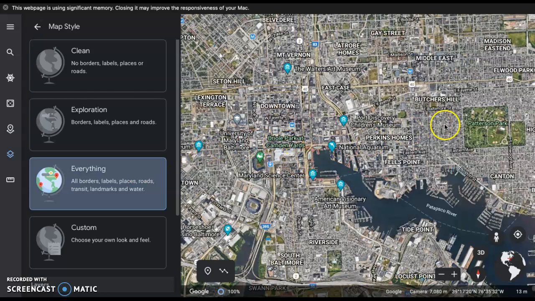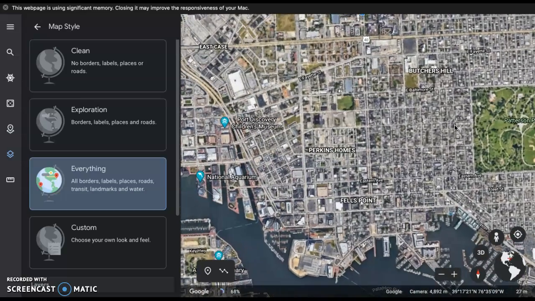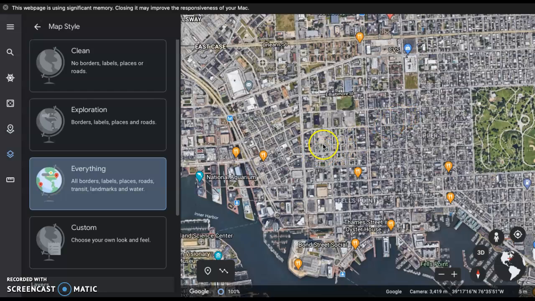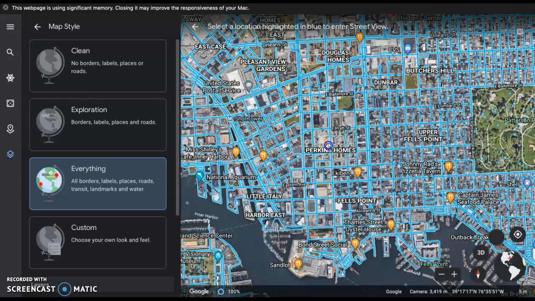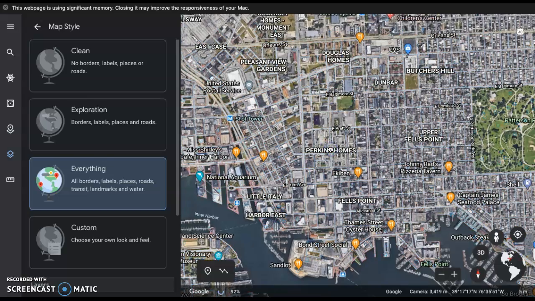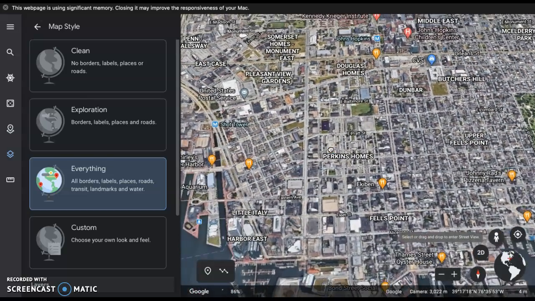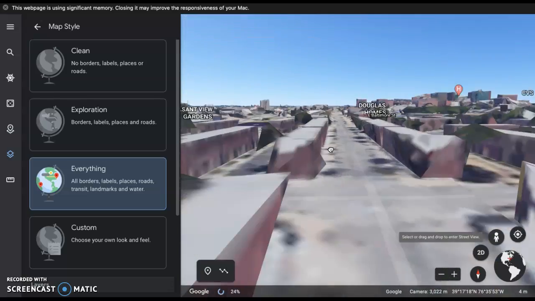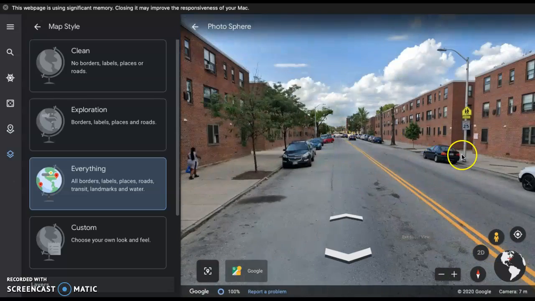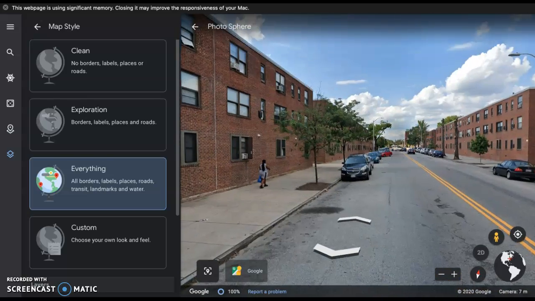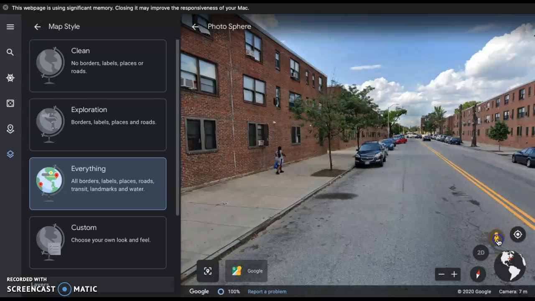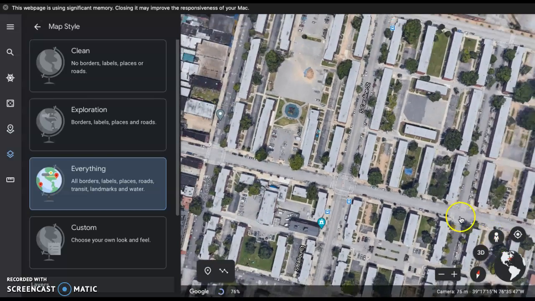And this is going to look a lot like when you're using the Google Maps feature on your phone and you're trying to find your way around an unfamiliar city. You can see as much or as little as you like. Just like we saw on that mountain, I can drop my person right down here, and I am now on the street outside the Perkins Homes, right there. Or I can zoom back out,